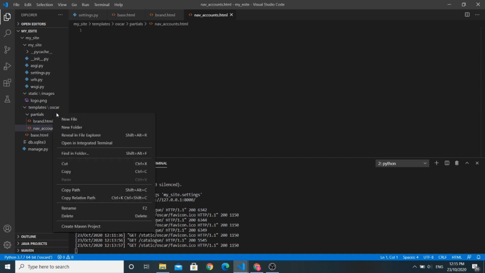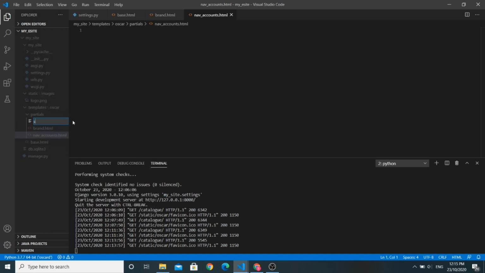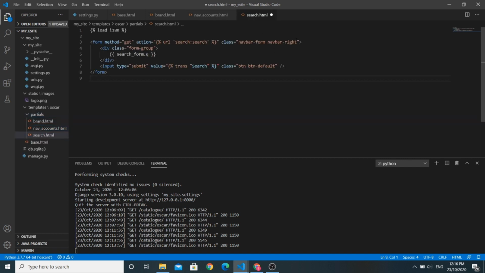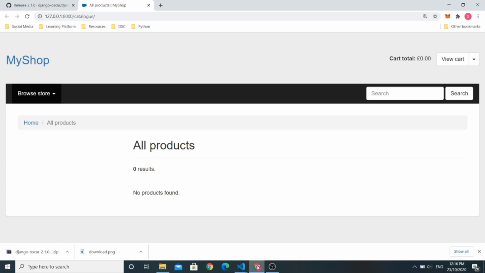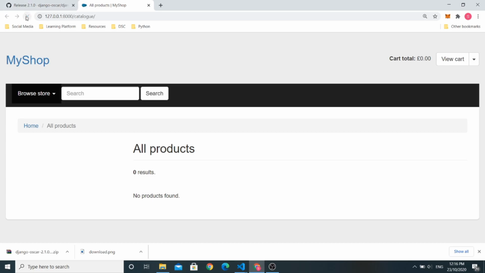Now we will create a search.html file in our project. Copy this code here and remove this navbar right thing. Save it, and we will reload our page, and you can see that our navbar is now adjusted in left side. We want to give some